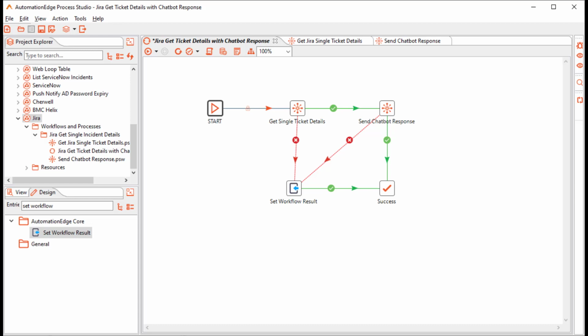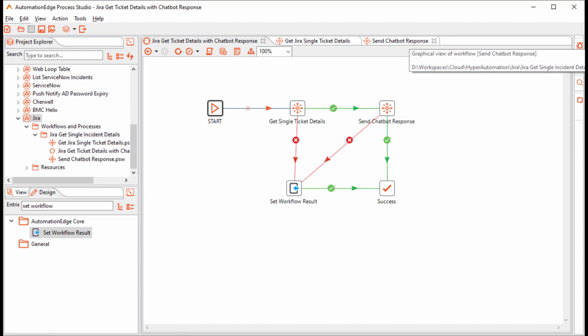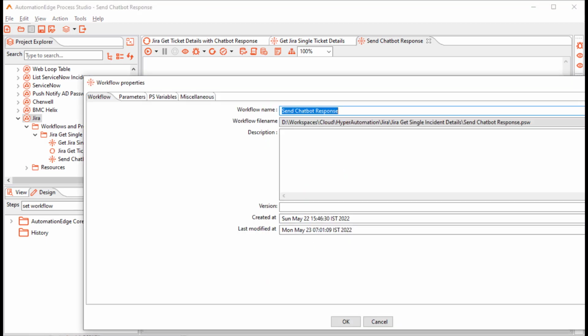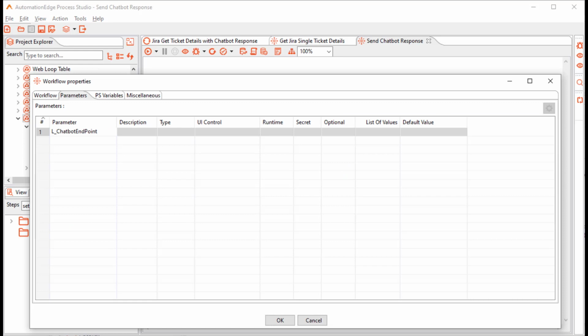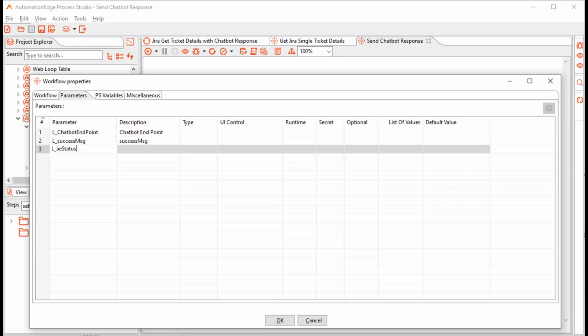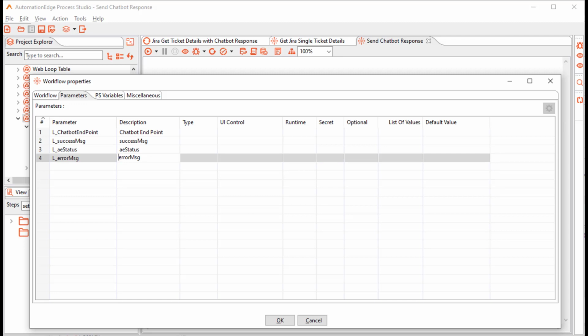Now let us go to the child workflow send chatbot response. Let us build the send chatbot response workflow. First, let us define local parameters. Local parameter chatbot endpoint and the description, the success message to get ticket details and the description, the AE status coming from the get ticket details workflow, description, the error message coming from the get single ticket details workflow, the